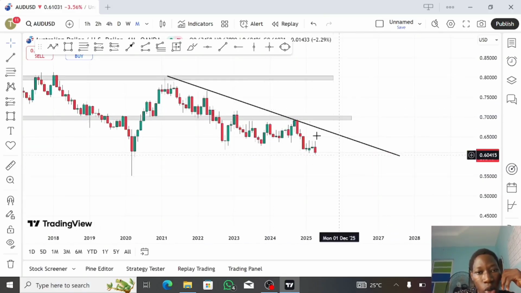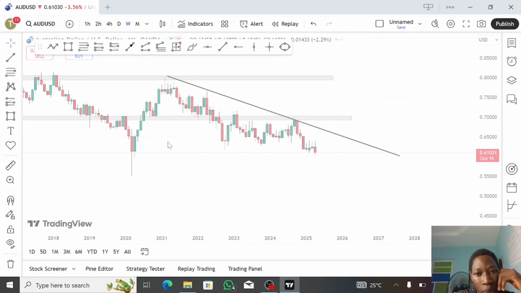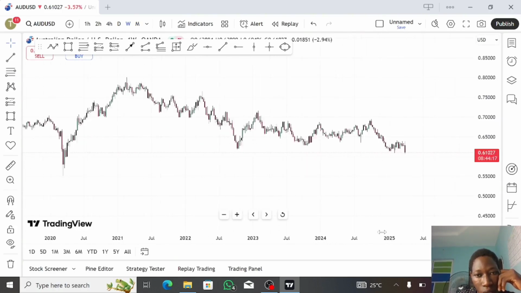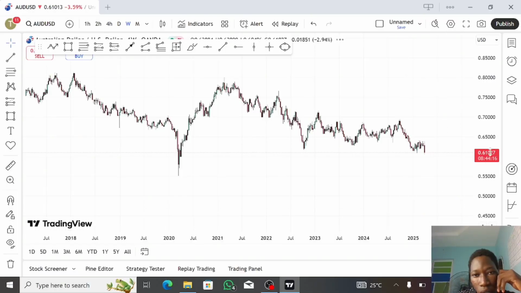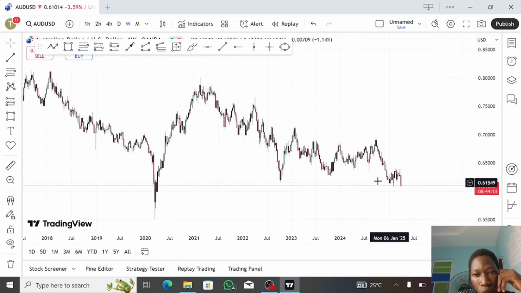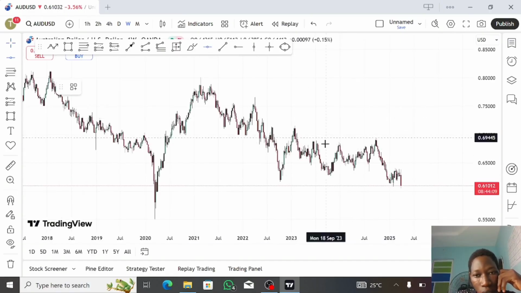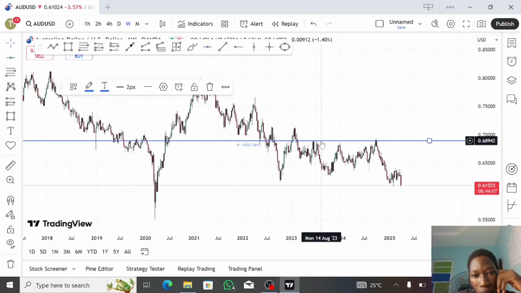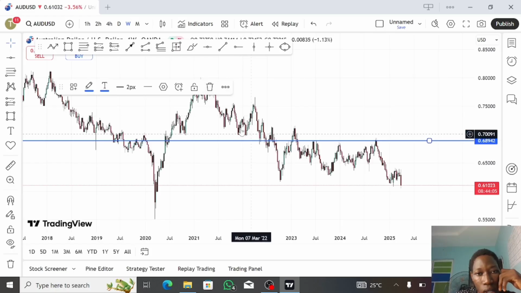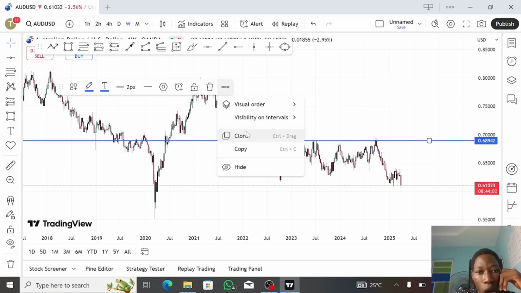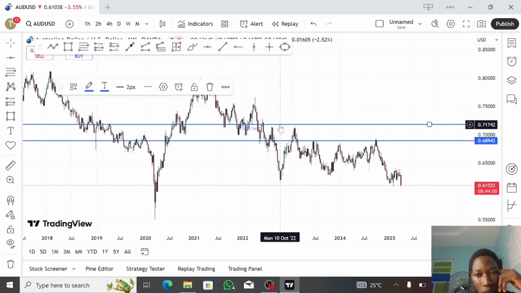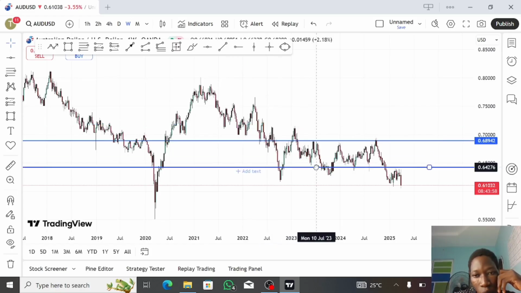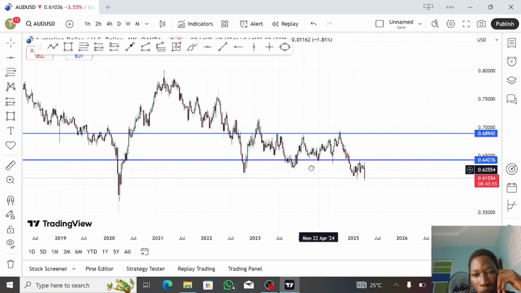Now you want to scale to the higher time frame, like the weekly time frame, and map out some minor key levels there, the ones you can see. So now there's a key level at this point here. There are levels here. There are levels here, right? So I'll still do this next week. I'll do a proper analysis on this next week, but let me just quickly, I don't want to make this video long, let me quickly do